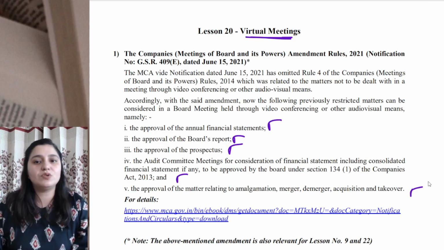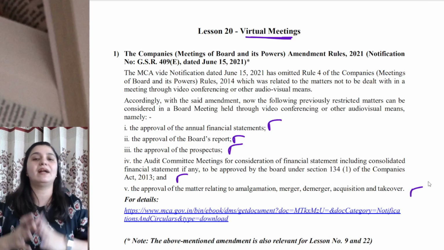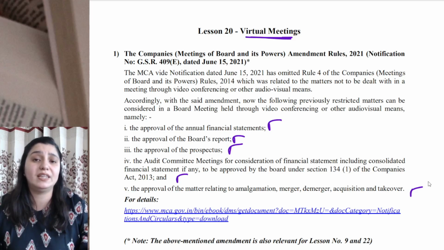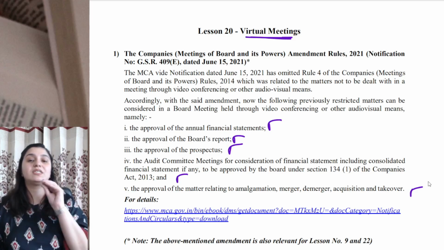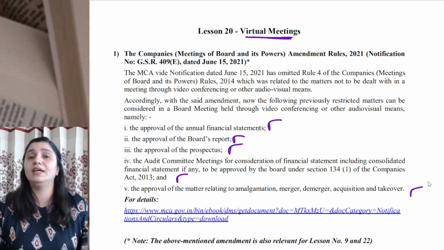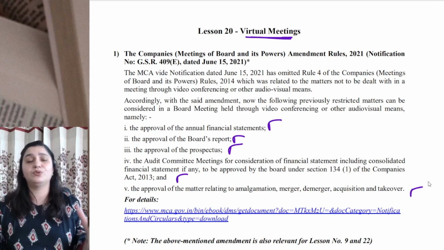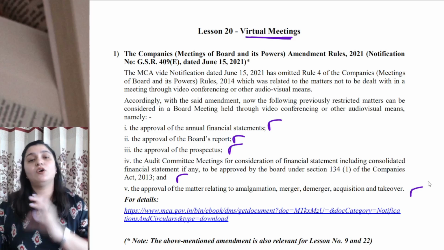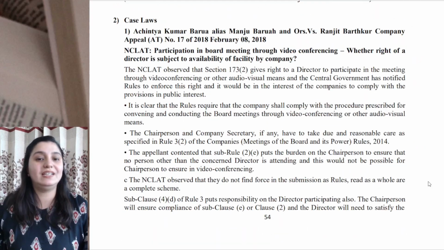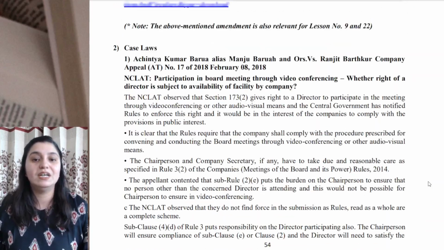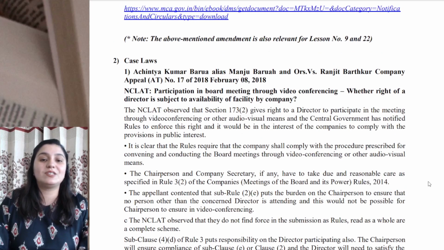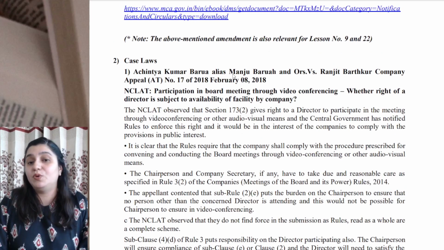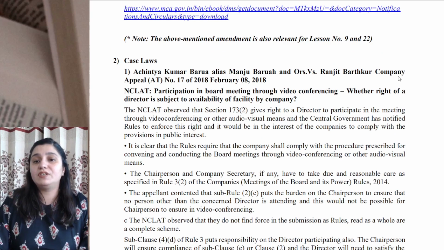तो ऐसे मैटर्स जो अगर आप बोलोगे करना ही नहीं है, तो ऐसे मैटर्स टेकअप करना बहुत डिफिकल्ट हो जाएगा. दैट इज वाई ये जो 5 आइटम्स की रिस्ट्रिक्शन है ये भी अब हटा दी गई है, और अब आप किसी भी मैटर को थ्रू वीडियो कॉन्फ्रेंसिंग और थ्रू अदर एवीएम मोड्स डील कर सकते हो. एंड द केस लॉ दैट डील्स विद अचिंत्य कुमार बरूहा अलाइज मंजू बरूहा वर्सेस रंजीत बारकर